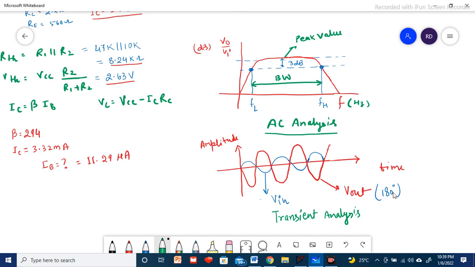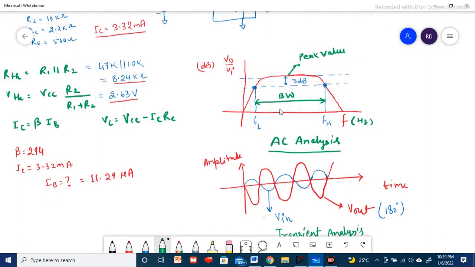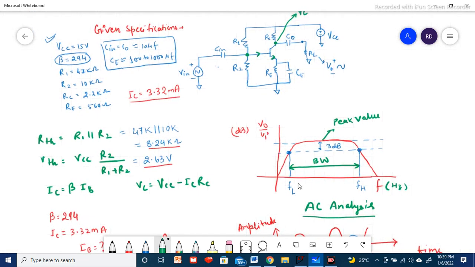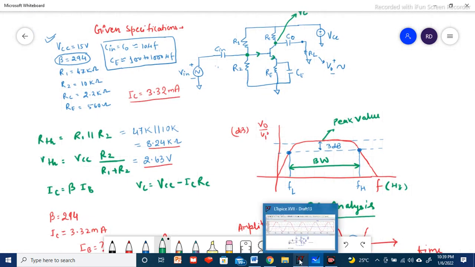We will also see that 180 degree out of phase our output signal is having or not with respect to input signal. And then what is the bandwidth of our amplifier and what is the gain of the amplifier, which is V naught by Vi in dB. So this we can calculate 20 log of V naught by Vi. This also I'll verify, and it will be approximately, as per my calculation, around 38 dB. We'll see that in the LT Spice simulation. Fine, now I am moving towards the LT Spice.